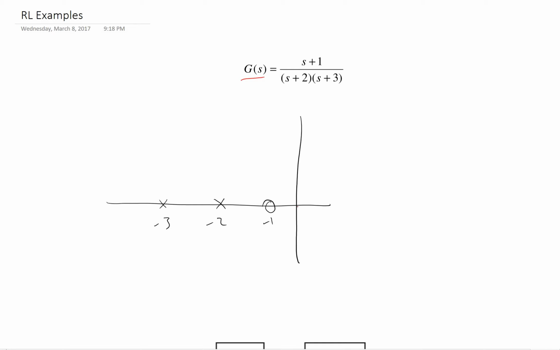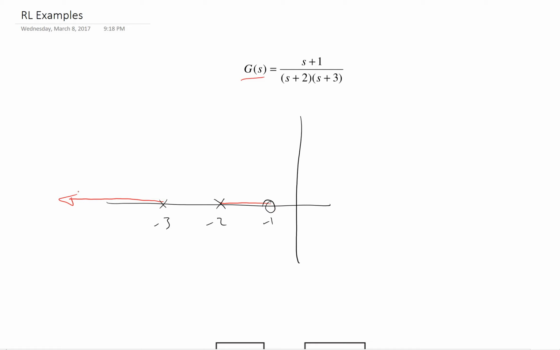We're going to start at the origin, have our pin at the origin, pin up, and we're going to move along the negative real axis until we find a pole or a zero, and then we're going to set our pin down, and we're going to draw till we find another pole or a zero, and then we're going to pick it up, and we're going to move it along till we find another pole or zero, and we're going to put it down, and we're going to draw until we find another pole or zero. In this case, there are no other poles and zeros, so this is going to go to infinity,